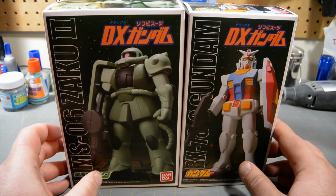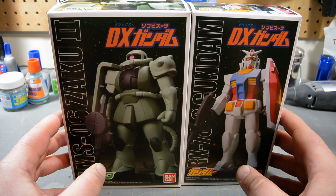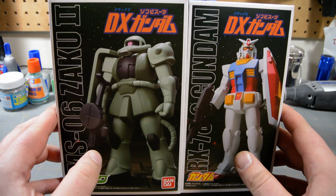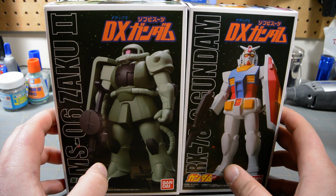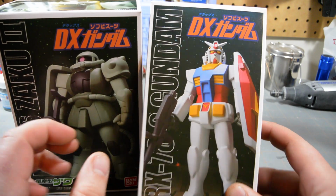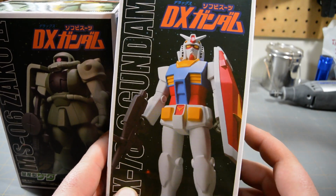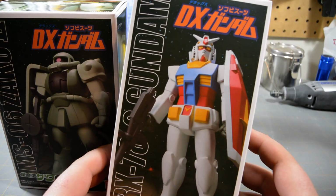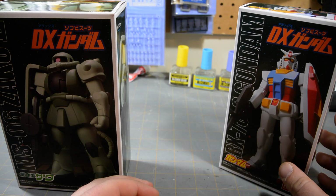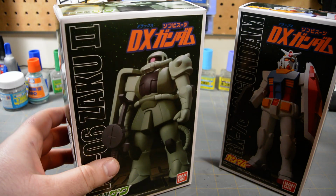Anyway, I saw these things when they were first announced, and I thought they looked incredible. I love old, vintage, retro-looking Gundam stuff, and the Gundam's alright. I mean, it's your basic-looking retro RX-78. There's a million of these figures that look like this. I went ahead and got the set just to have the set, but the thing that I really wanted